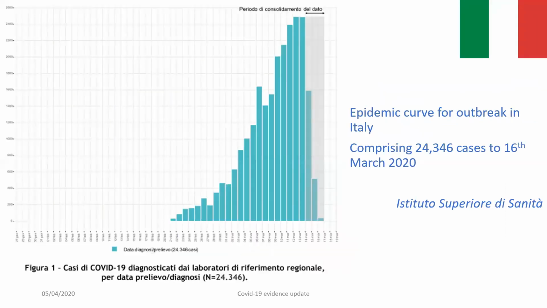This is the epidemic curve of more than 24,000 confirmed cases in Italy to the 16th of March. In China, the first cases were related to zoonotic transmission in an animal market, followed by person-to-person spread. However, as this was a new disease and there was not widespread availability of testing nor active surveillance, this meant that this started with a relatively small number of cases initially. The curve for Italy shows the explosive growth of this infection within a fully susceptible population, suggesting a highly transmissible microbe, likely with multiple people spreading the virus into the Italian population at roughly the same time.